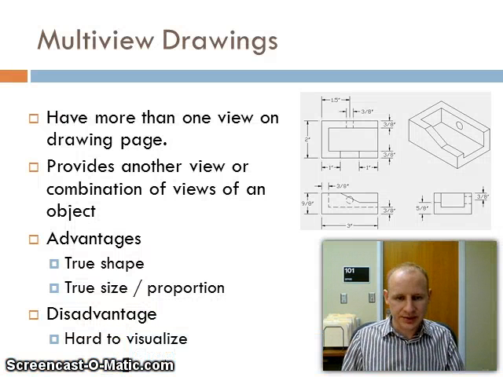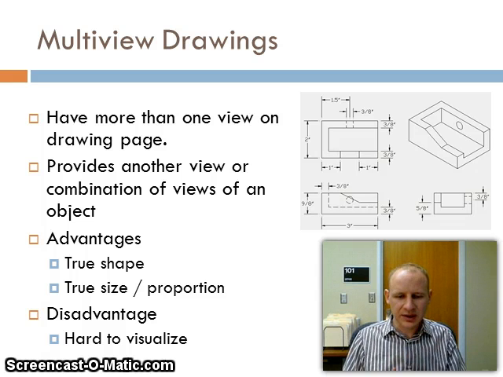Well, now that we talked a little bit about technical drawing or drafting and the tools and equipment that we use and some of the techniques that we use, next we're going to talk about the ways that we draw and the ways that we actually put drawings on a page. And so typically when we do drafting, whether it's by hand or in a CAD system, we're going to use a multi-view drawing process. And in a multi-view drawing process, we have more than one view on a particular drawing